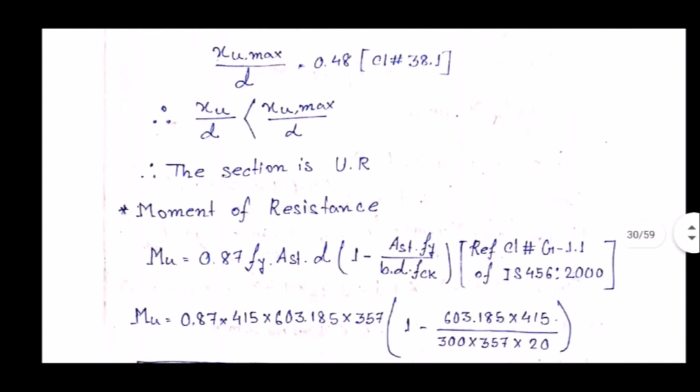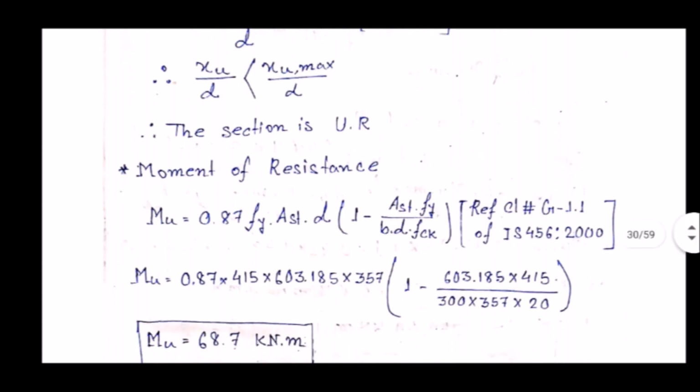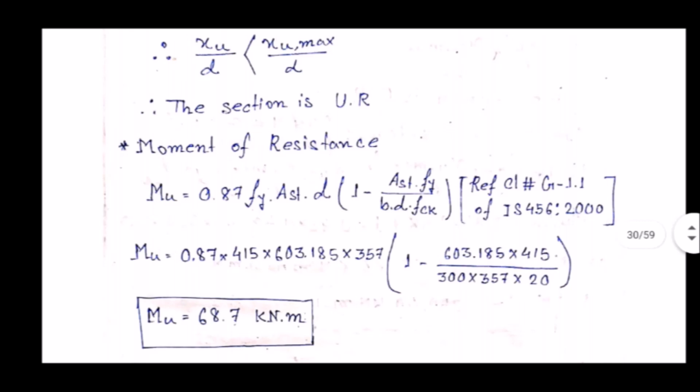So that is equal to 0.87 into 415, that is fy, Ast is 603.185, into d is 357, within bracket 1 minus 603.185 into fy is 415 by b is 300 into d is 357 into 20, that is equal to